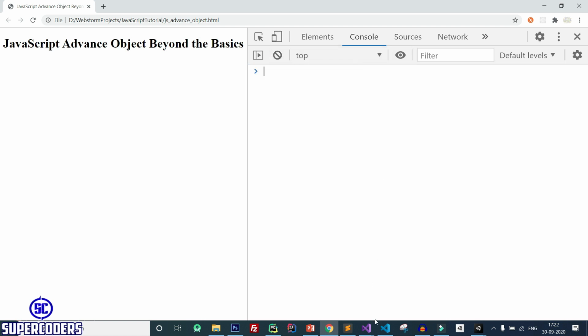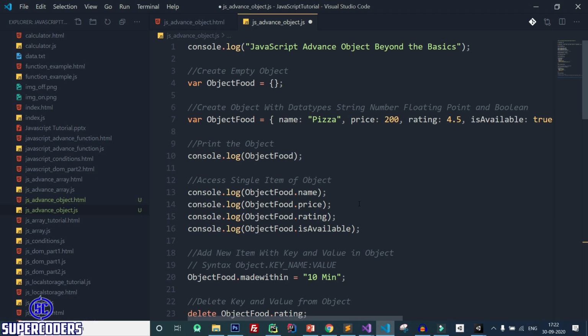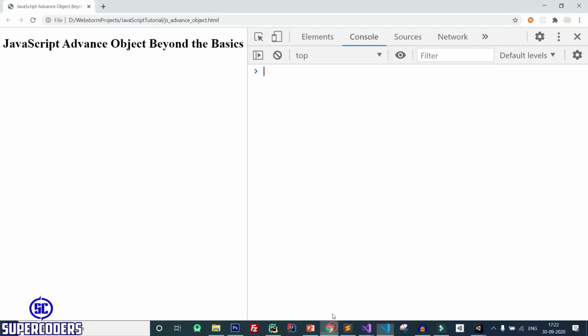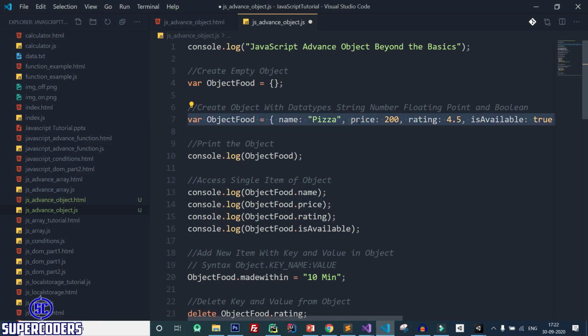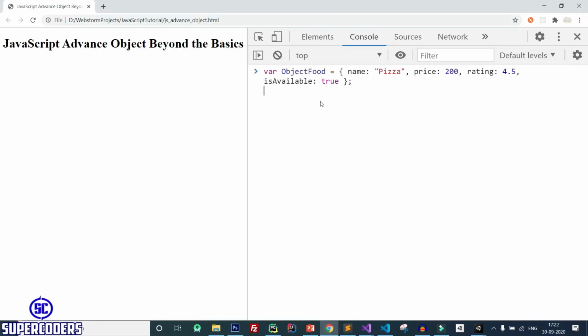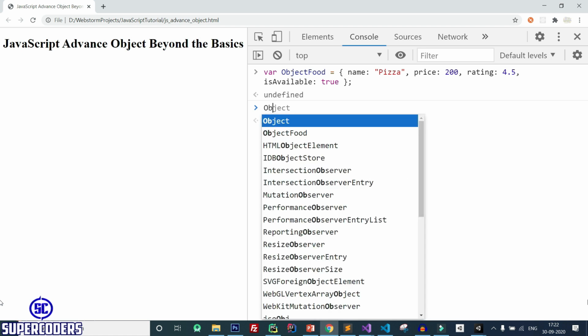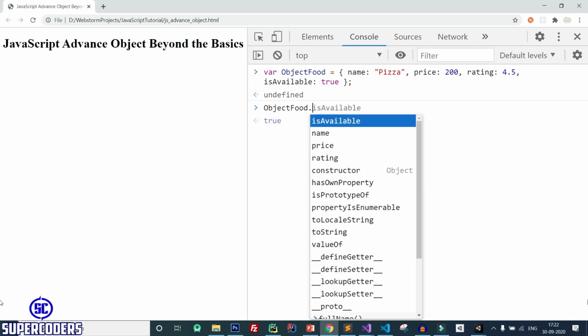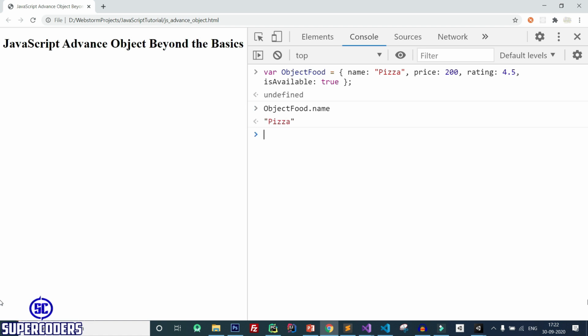Let's copy this food object, back to Chrome, paste it, and click enter. Now let's see, if I write object food dot name, currently you can access it this way, but there is also another way you can access this object's value, like